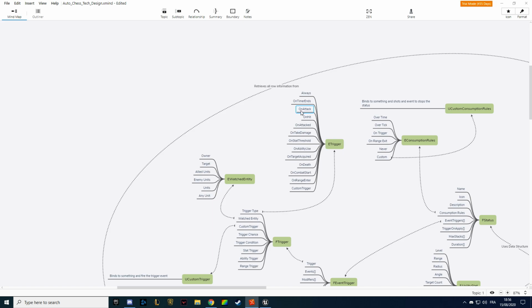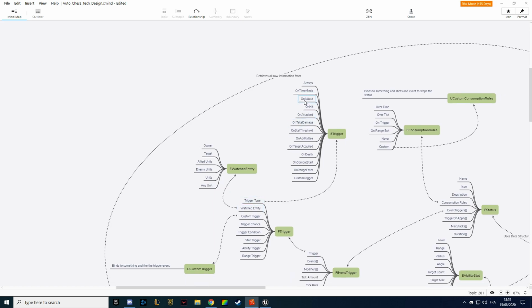When the entity we are looking at attacks. So we can specify what entity we are looking at to trigger that. We can watch the owner of the ability, the target of the ability, all the allied units in the combat, all the enemy units in the combat, all the units in the combat, or the first unit who does our trigger. So the first unit who attacks, the first unit who hits,